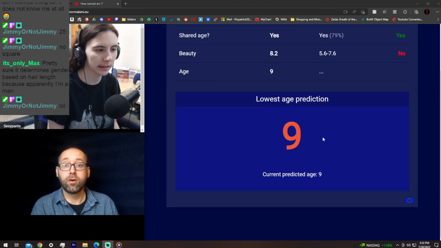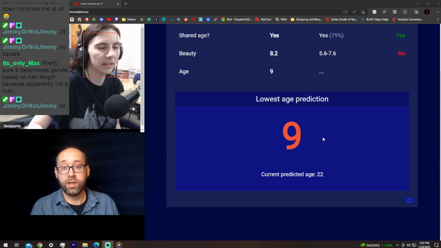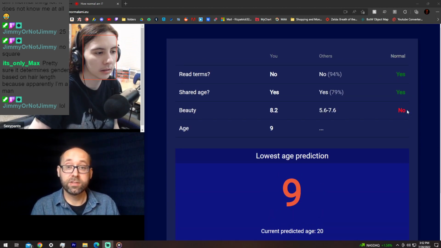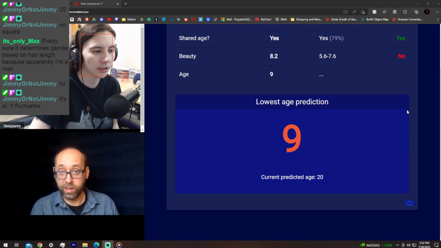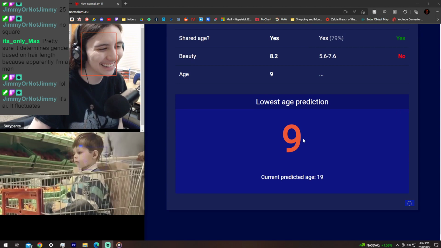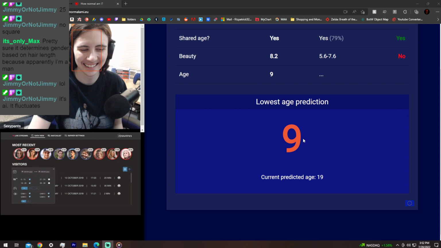Next, let's look at an algorithm that's designed to judge your age. What you'll see here, as well as with many others, is that if you move your head around, you'll be able to influence the outcome quite a bit. Some stores use these algorithms to learn more about their visitors.